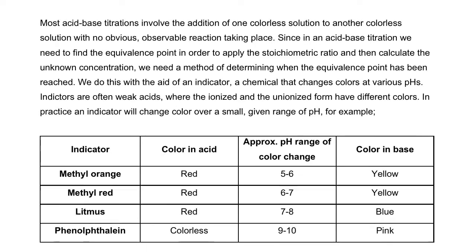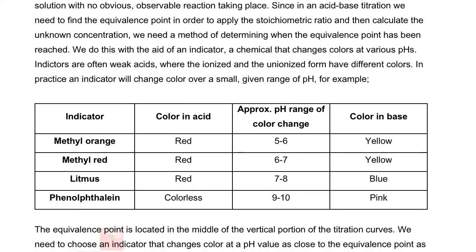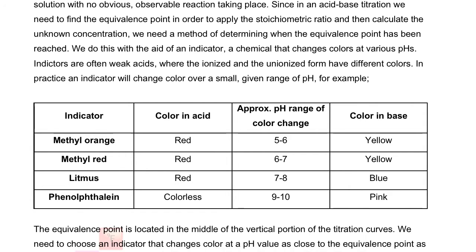Okay, indicators are, here's a bunch of them, and they change colors. These are just four: methyl orange, methyl red, litmus, phenolphthalein. You don't need to memorize these names, although phenolphthalein is the most common one, and it changes color around pH 9 or 10. You don't need to memorize the colors, like red to yellow or anything like that. Don't worry about that. But just realize different indicators change color at different pH ranges. Okay, so